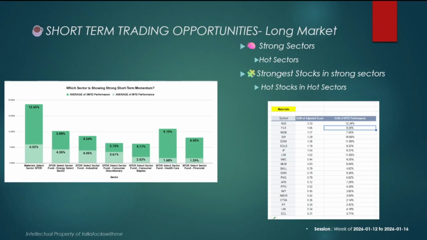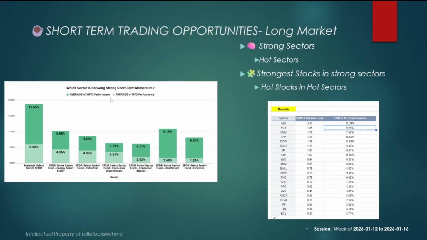Assuming you decide to go long because the data supports you going long, my approach is the forest to tree. What does that mean? You want to know what sectors are strong within the US markets. What does that actually mean? I want to know what sectors are showing strong short-term momentum. Once I find those sectors, I could either play them via an ETF, or if I want to be one step smarter, I can look for the strongest stocks within the strongest sectors,